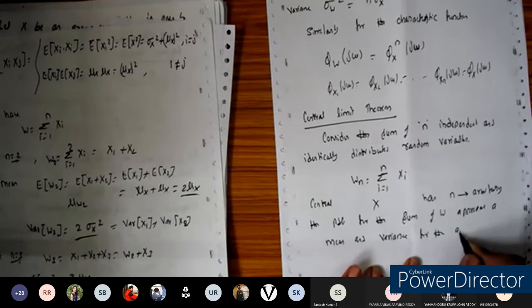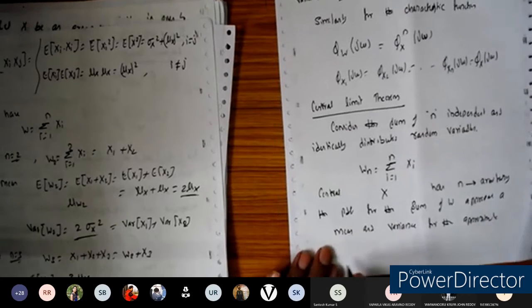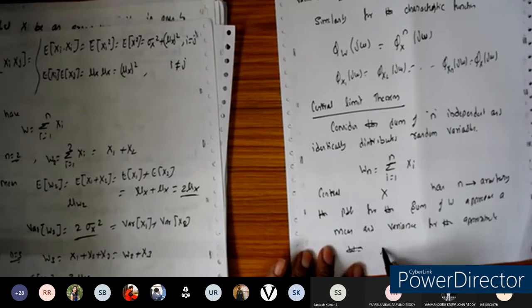Sorry, not appropriate, it's approximate, let me correct that. The approximate Gaussian random variable W is given by